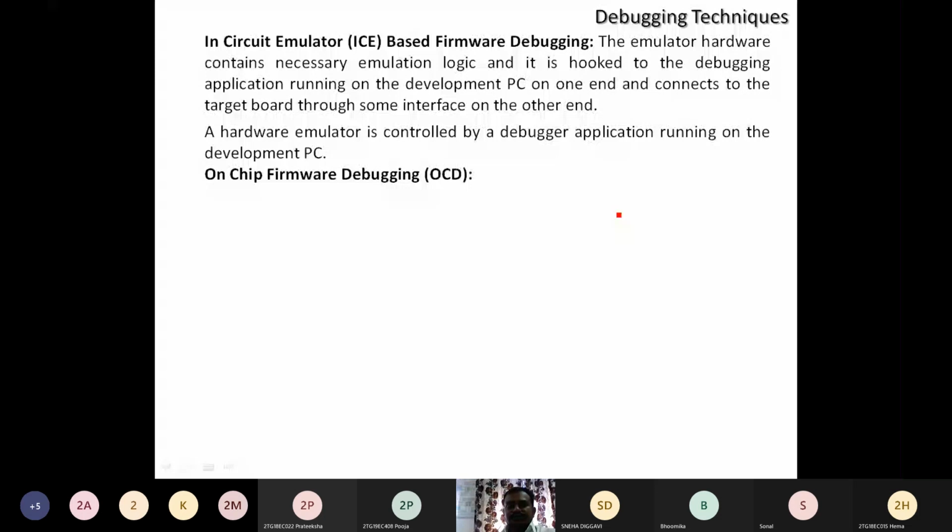The debugging facilities integrated into the processor or controller are chip vendor dependent. Different chip manufacturers use different firmwares, and the debugging technique we refer to there is on-chip firmware debugging.